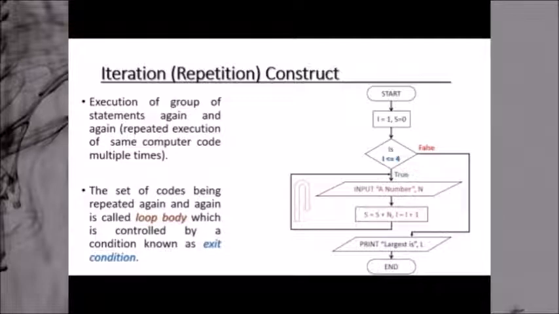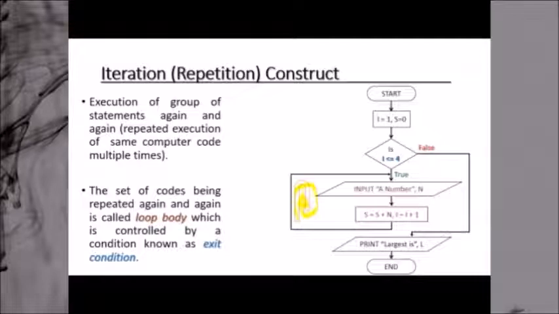So when it is true, you will follow this part. Just see the arrow lines. You will follow this part, and then from here, you will move again to here. So this is the portion which will be repeated again and again. We will repeat this particular part again and again. These three statements will be executed again and again. But when the condition is false, then you will exit. You will not enter into the loop, but you will exit from the loop.